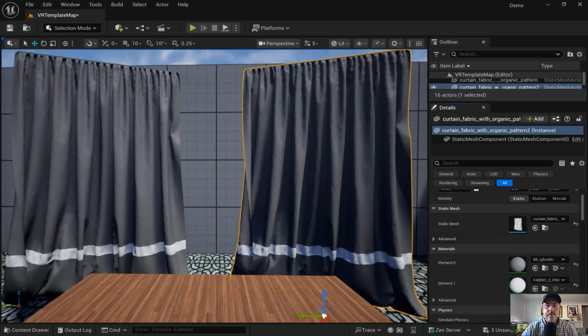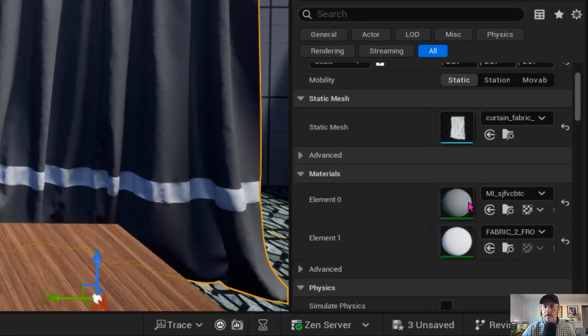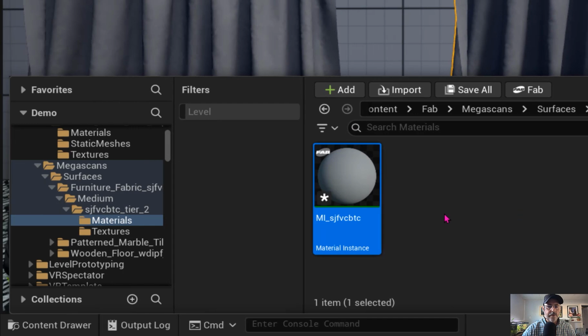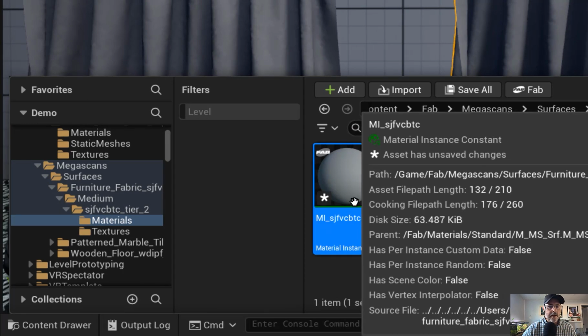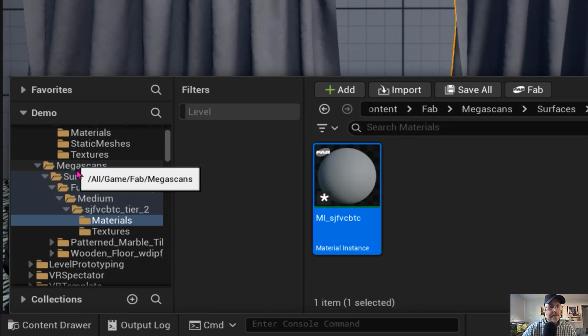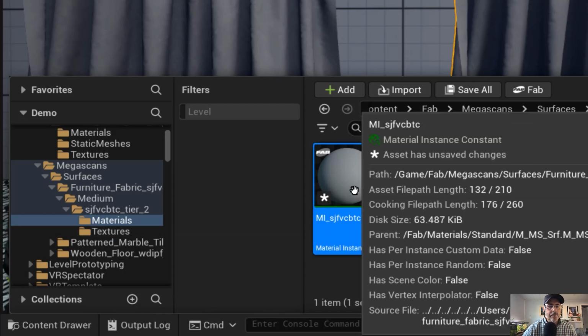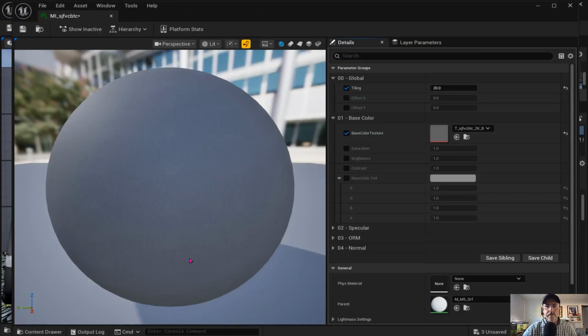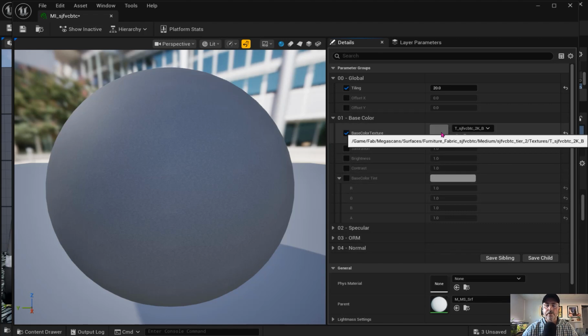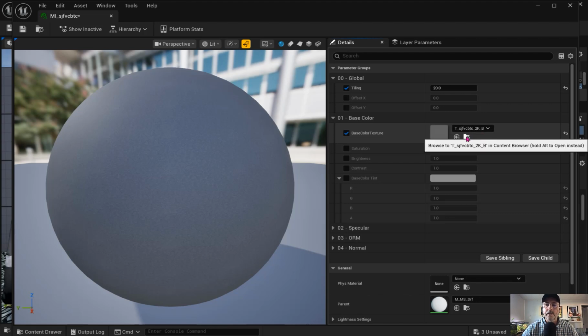So we have the original that we brought in yesterday, and that's in our Megascans folder. I'm just going to click on the search to find the material itself. And if you remember, the Megascans Surfaces folder has materials and textures. So if I drill into the material itself, we have this, and this is the texture for it. Not all materials are going to look like this, and you're not always going to be able to find the texture in this way. But we can search for this particular texture,